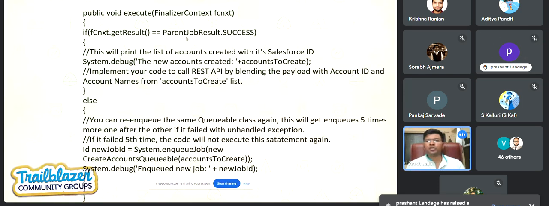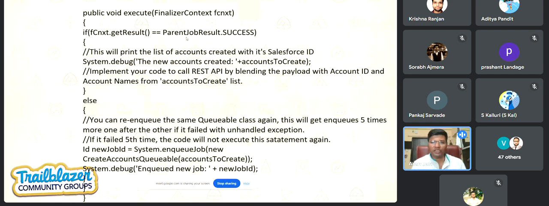Database.Stateful use case comes normally with batch classes, because they don't hold state. Batch classes by default are stateless. Suppose out of 100 records to be processed, you want to count how many records have been successful and how many have errored out, and send a consolidated list. You will have to maintain the state of each transition happening in your execute method in the batch class, and store it in your Salesforce state. For such a scenario, you will have to use Database.Stateful. And when you go with the Finalizer, you would use it only with Queueable.